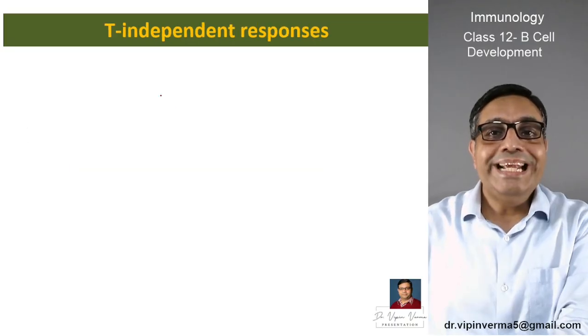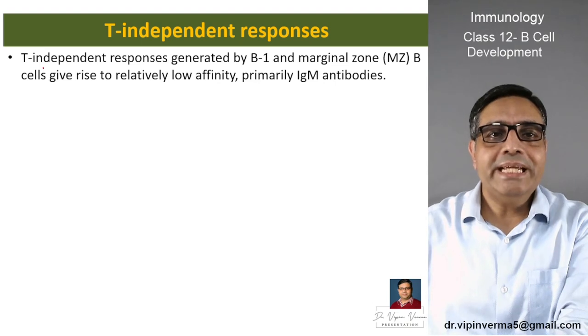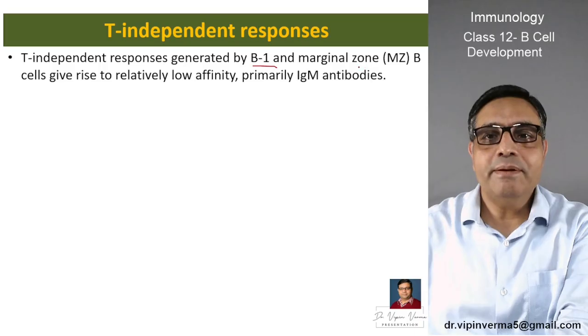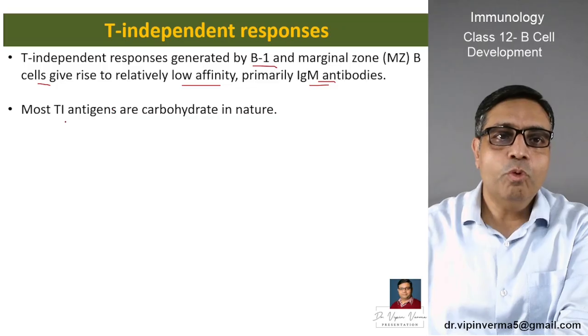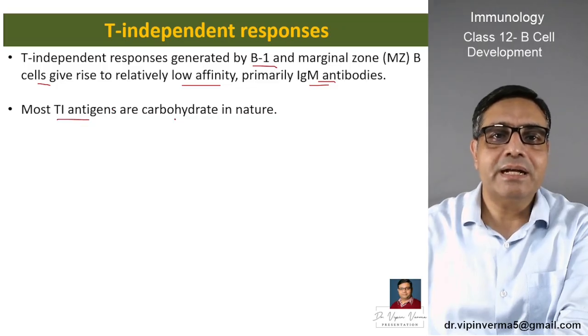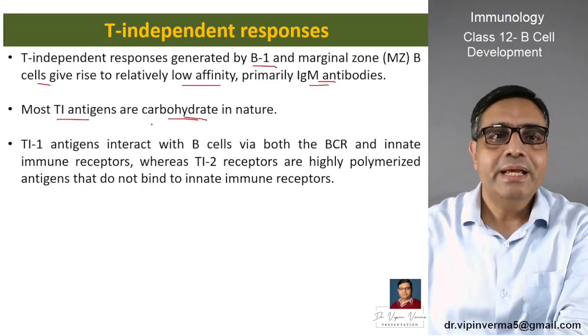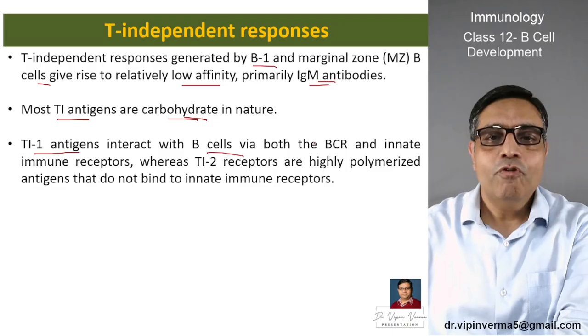Now we see the T independent responses. T independent responses are generated by B1 and marginal zone B cells. They give rise to relatively low affinity and primarily IgM class of antibodies. Most T independent antigens are carbohydrate in nature, and T independent type 1 antigens interact with B cells via